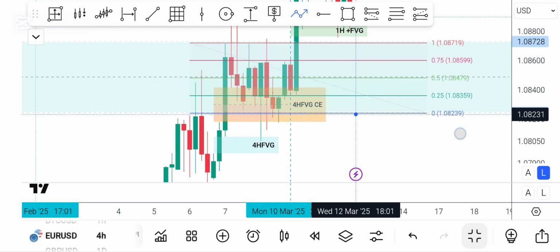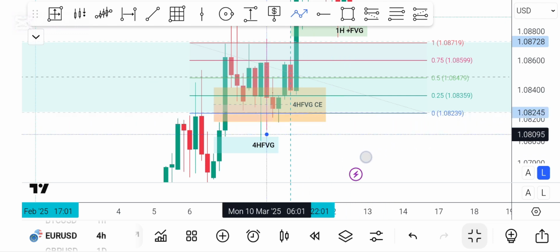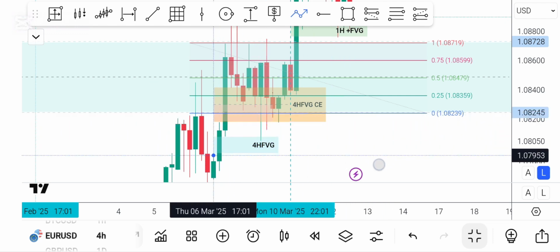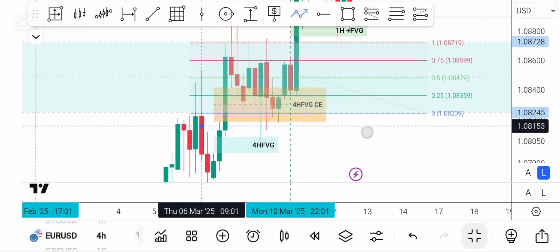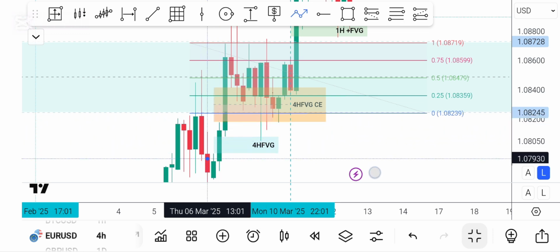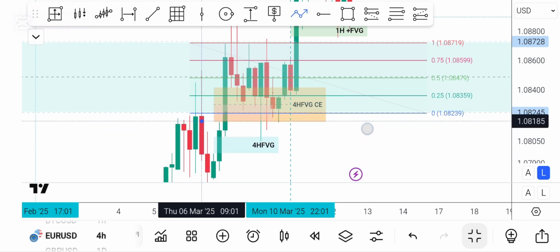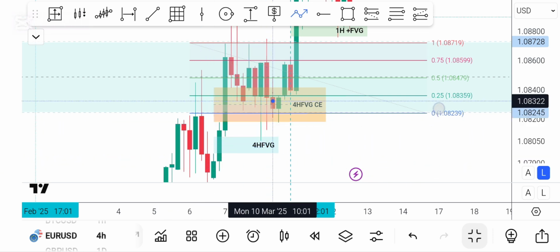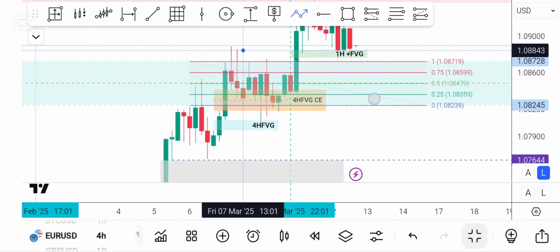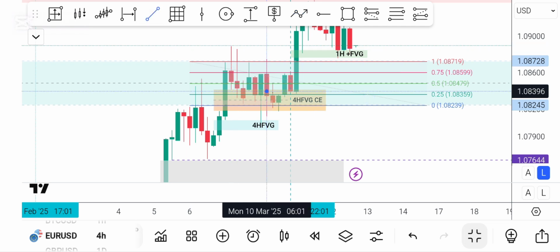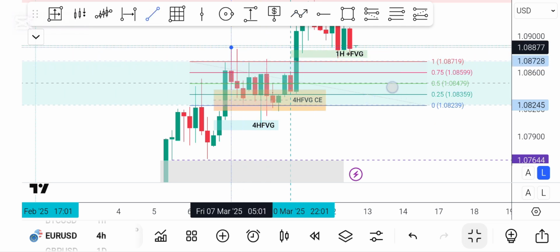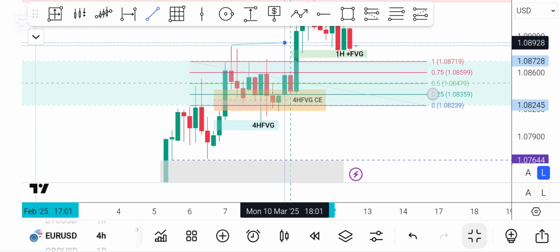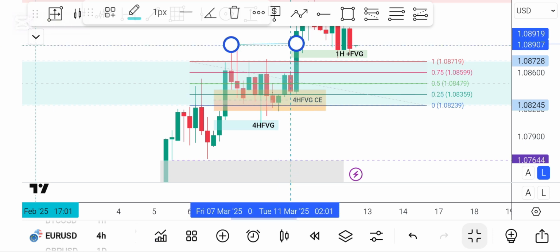And then we dipped into this 4-hour fair value gap right here, and the midpoint also of this 4-hour bullish order block, these two down close consecutive candles, okay, and then we took right up, attacking all the buy side liquidity that was resting above these old highs right here. We swept all of that liquidity